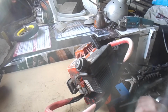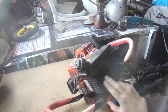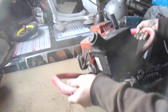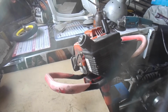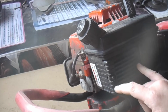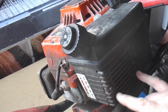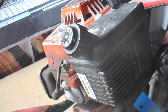So time to tear into it, I believe, and in fact I know the carburetor's behind this little guy, that's why I popped it off. So what we'll do is get it set better for you guys. Is that better? I'm going to pop out, this glare is horrible, pop out these two screws, and then bear with me here, tools are in one spot, the engine's in the other, so